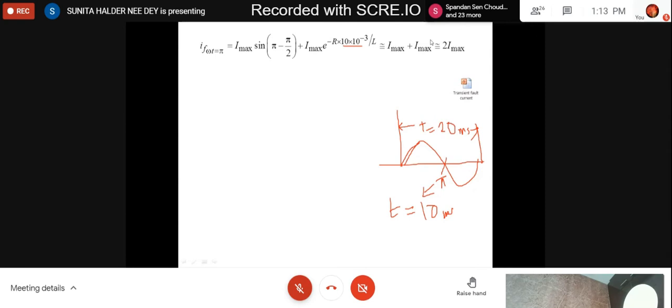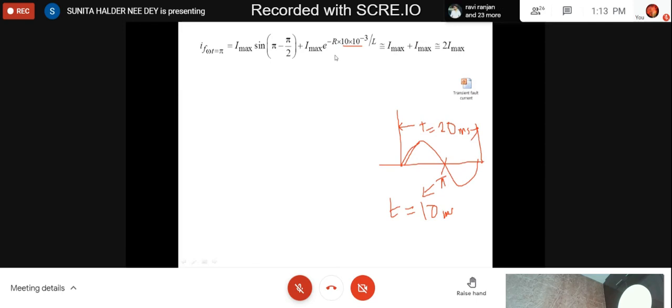Maximum value will be near to Imax, but you should remember it can never be Imax because there is some exponential term. Only at t equal to 0 it will be Imax, right? Otherwise it will always be less than Imax. So now, how this